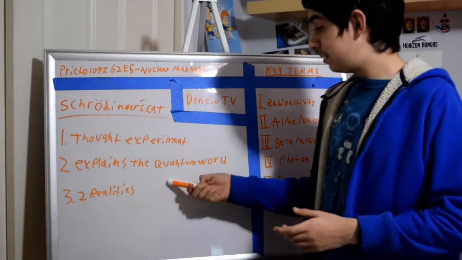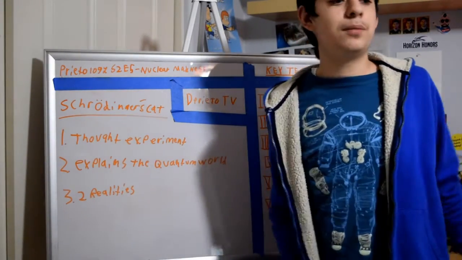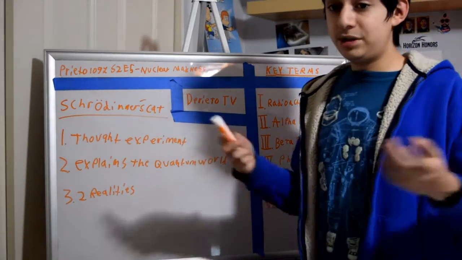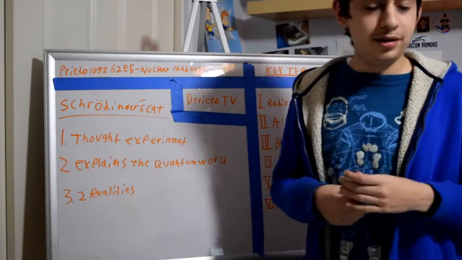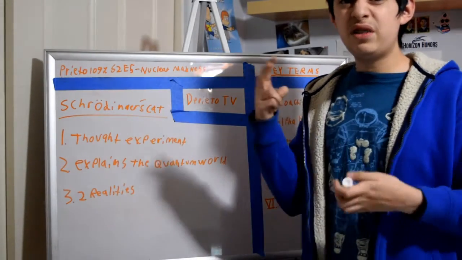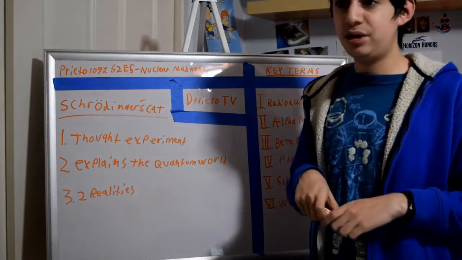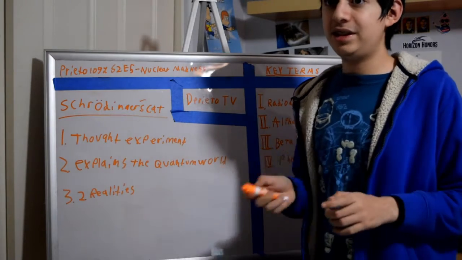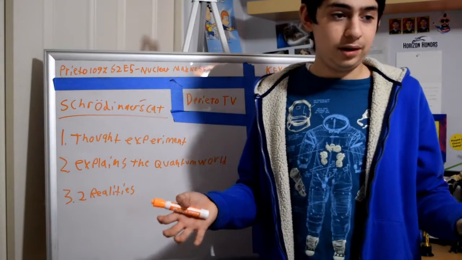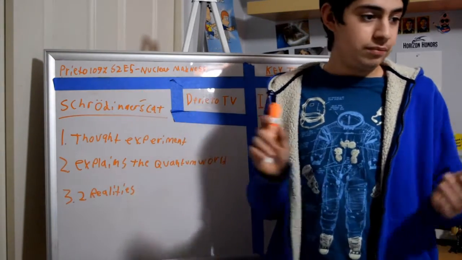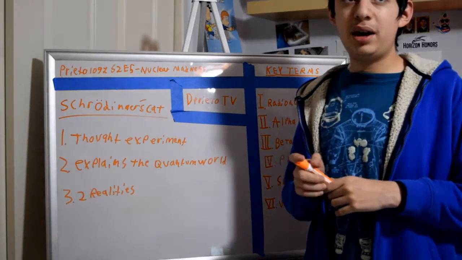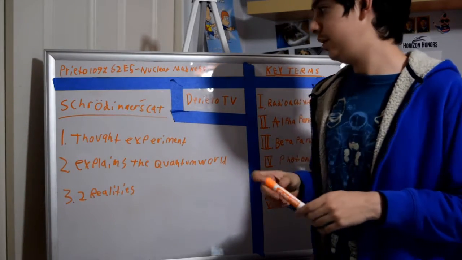So, like I said, this explains the mysteries of the quantum world, which I know almost nothing about. So the results of this experiment, well, the thought results, not the physical results, don't do this. The results show that there could be two different realities at the same time. So the cat is neither dead nor alive, or dead and alive at the same time. I'm not sure. So, fun fact, this was thought up in 1935 by Erwin Schrödinger,